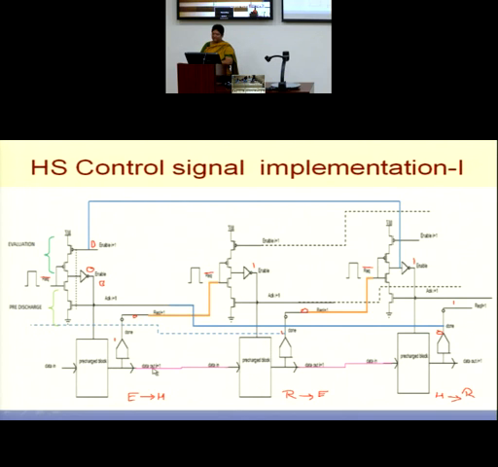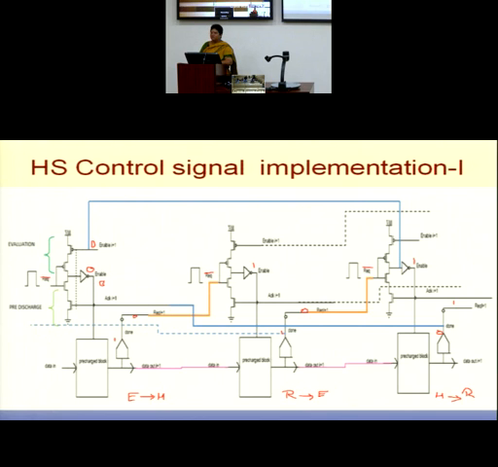Appropriate request signal will be generated in this path, and this will begin evaluation. That means I need to connect these two together, and this should be directly controlled by the acknowledgement from the previous block. Instead, what I do is break this path. I don't do this, because then both these transistors will operate with this acknowledgement signal.